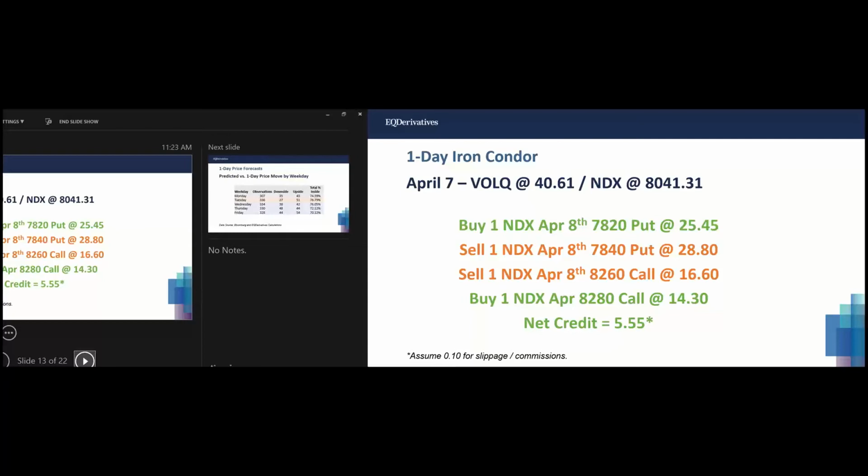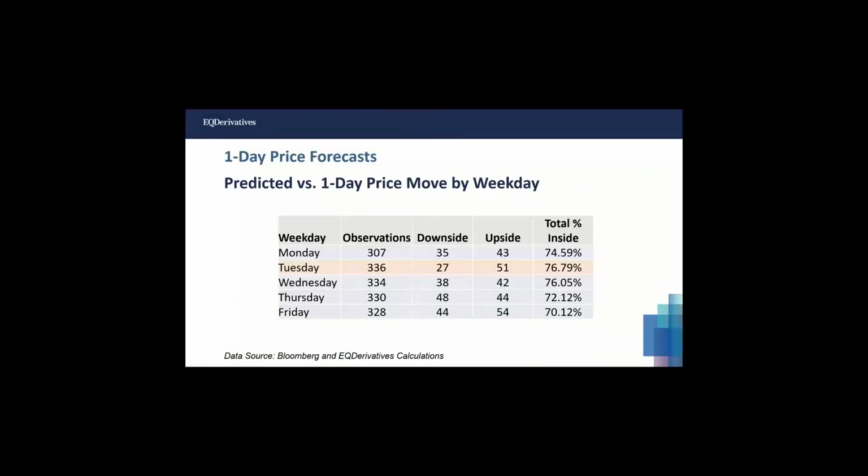Now, what led me to using Tuesday options for Wednesday, just to hold through the Wednesday close, came from this. What I was doing was taking a look at the predicted one-day move for each trading day using vol Q versus the number of observations that we have going back to 2014. And I've highlighted Tuesday here. Basically, the observation was that we had 336 Tuesday to Wednesday closes, and almost 77% of the time, the market closed within